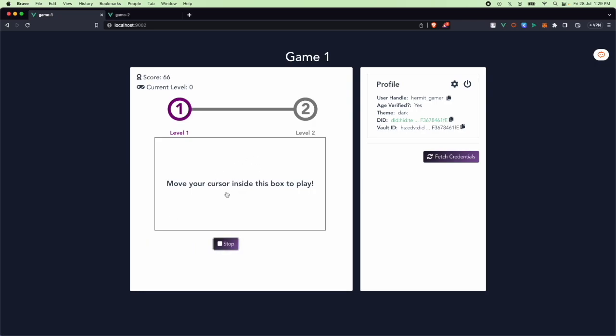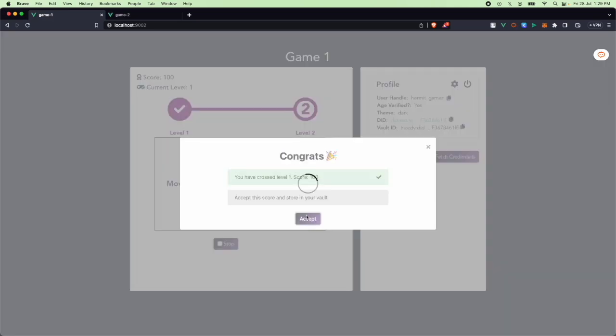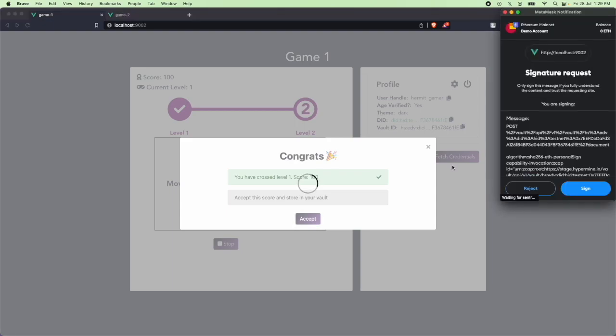All I have to do is move the cursor, and then after moving the cursor, it's just a very simple demo game, right? So I have crossed level 1, I have got a score of 100, and now they are asking me to accept this score. Basically they are providing me a certificate saying that yes, I have crossed level 1, right? So I will accept that score as well in my data vault. So I'll keep that,